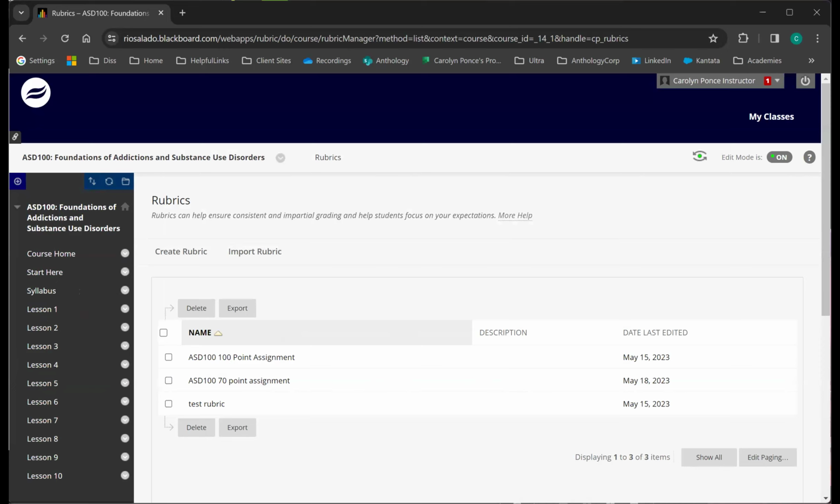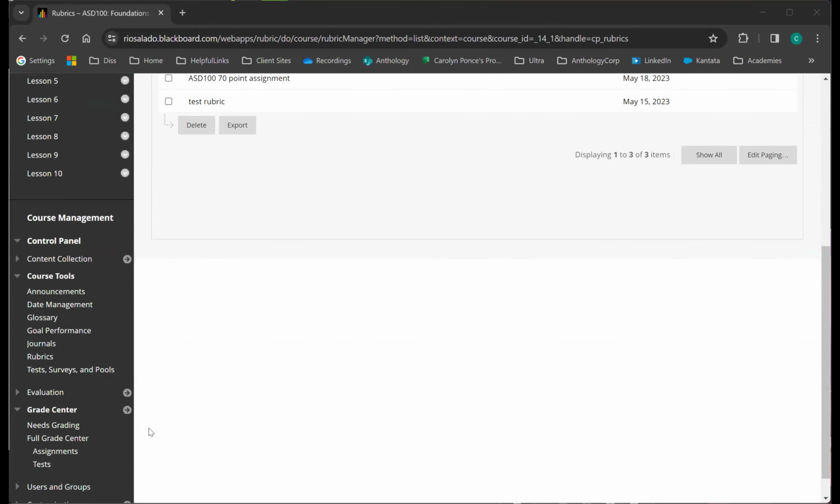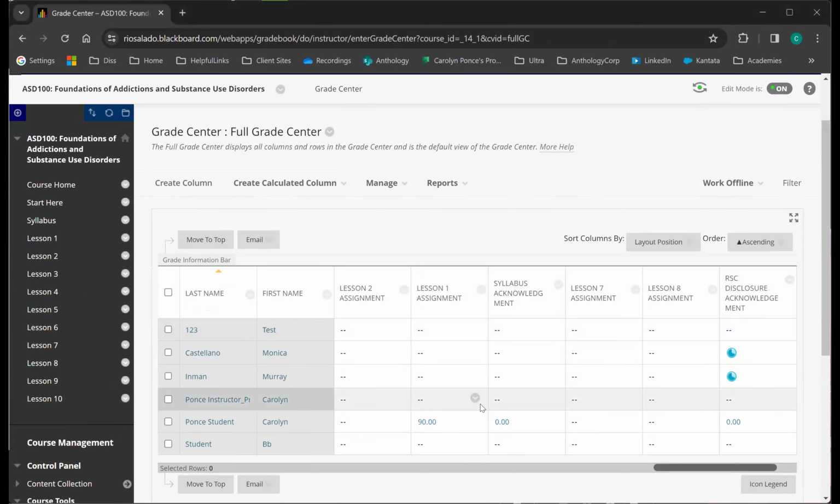So let me review those. If embedded, I assume students will then see the rubric, and adjuncts provide feedback in each of the rubric's dimensions. So with the rubric feedback, Gina, there's an opportunity in here. Let me go back over to my grade center and open that assignment again.